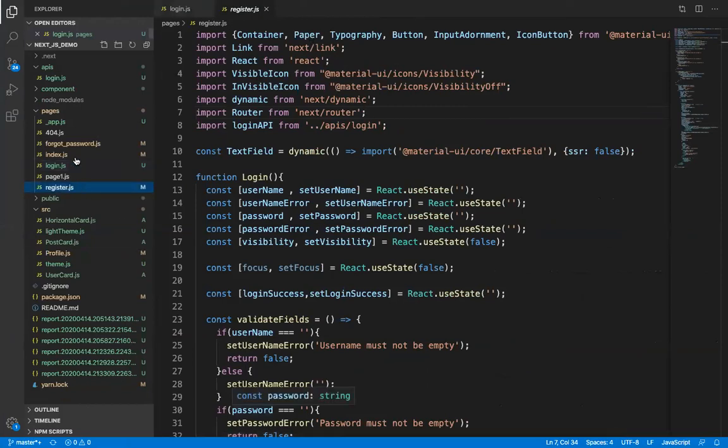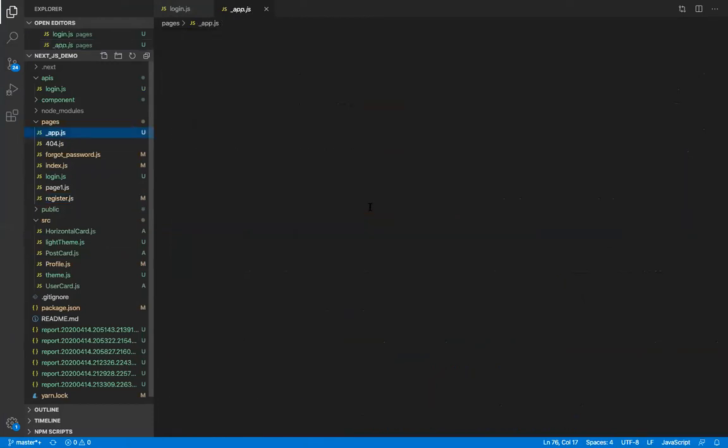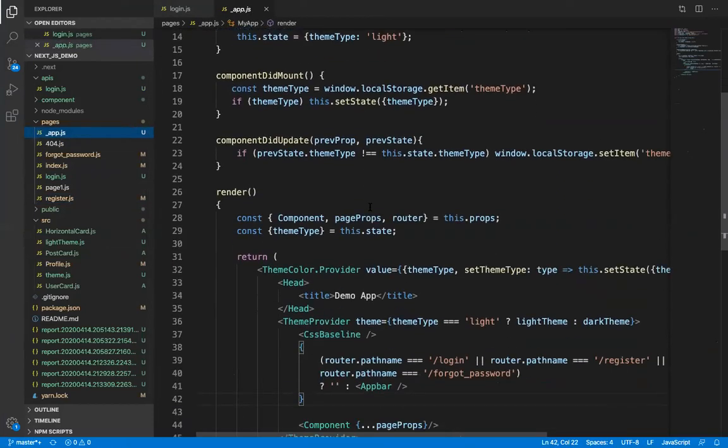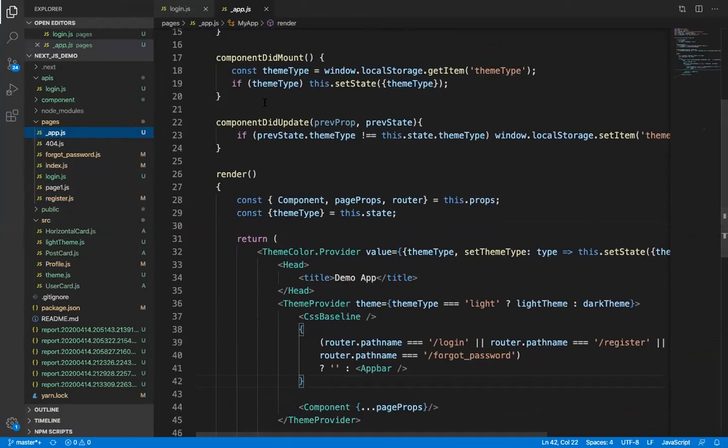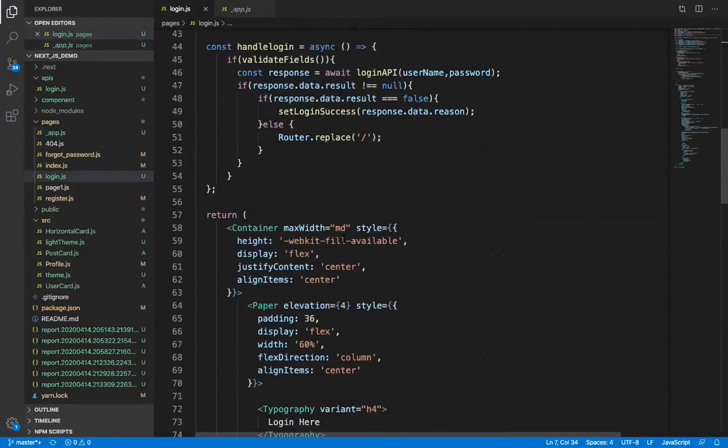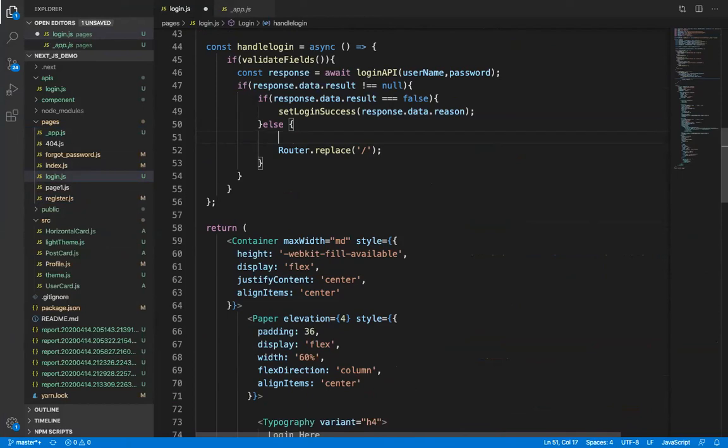Okay, so inside the app.js, what we'll do here is window.localStorage.setItem.